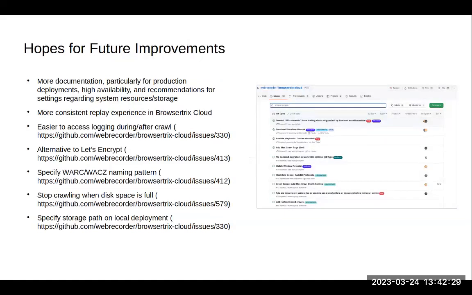Hopes for future improvements. I'd really like to see more documentation, particularly around production deployments, high availability to use multiple machines, and recommendations for settings. It would be nice if some of those replay experience inconsistencies were cleaned up. And then there are some issues in GitHub that I'm looking at for easier access to logs during and after the crawl, using something other than Let's Encrypt for managing SSL certificates for production deployments,